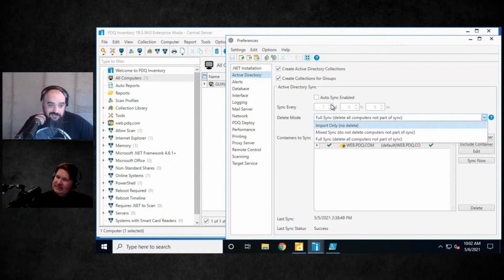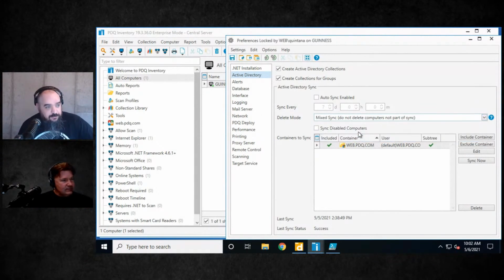This one here, I like this, probably my favorite. I think mixed is the way to go. Okay. Why would you? If you're first running the product and all you have is machines in AD, then full sync is great because it's always going to have what's in there, keep up to date. But if you have either machines that aren't on the domain or machines that you have manually put in there, if you put it to full sync, it's going to delete those on the next cycle through. Where mixed sync, it will keep those and still keep it up to date based on Active Directory. So if your environment is purely on AD, then you're probably fine. But if not, I think mixed is probably the way to go.